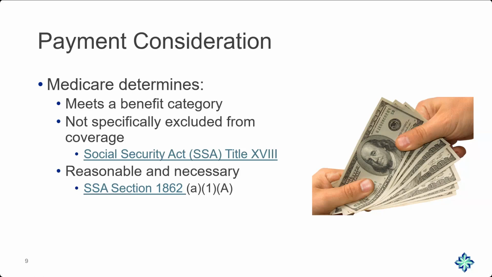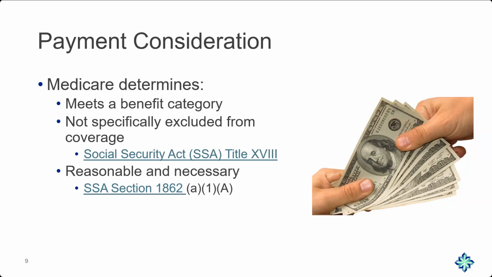Before Medicare can even consider reimbursing, we have to make sure that it meets a benefit category. These are part of the Social Security Act, and then they're defined in the Code of Federal Regulations. And last, they're put into daily operating manuals, the Internet-Only Manuals. So there's a lot that goes into making sure it's a benefit. Then we have to make sure it's not specifically excluded from coverage. That's a separate section of the Social Security Act, and that's a separate title. We also have some different areas of that.